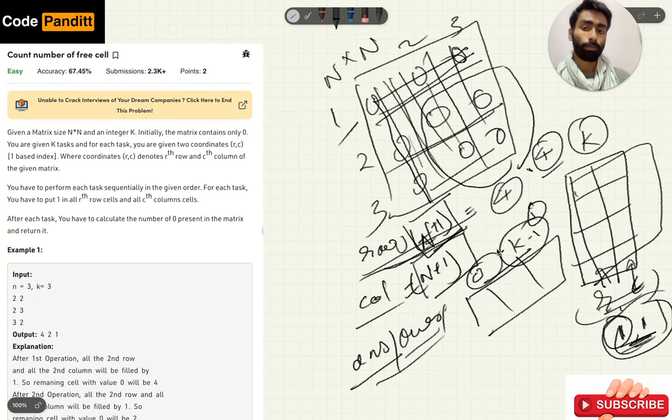If it is already filled, we will do nothing. Else we will fill all of it with 1. Likewise we will do for the column.